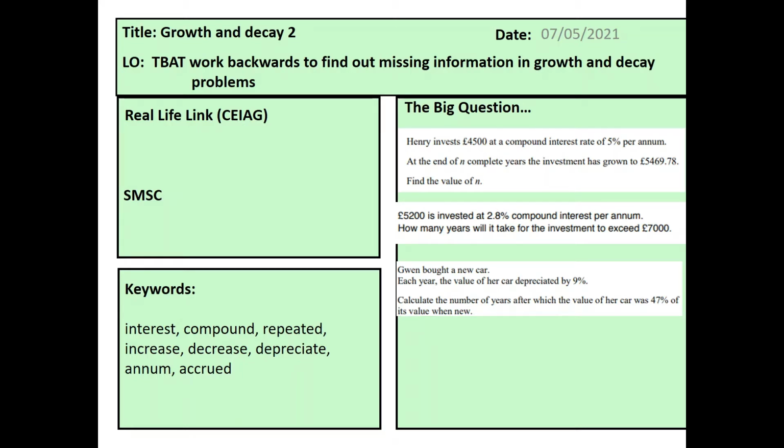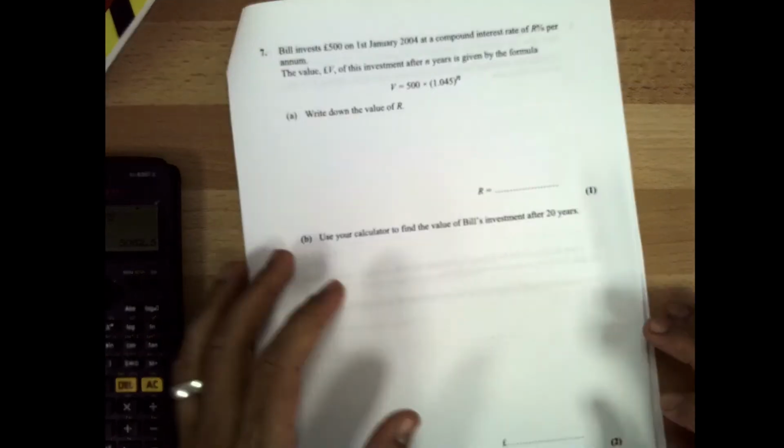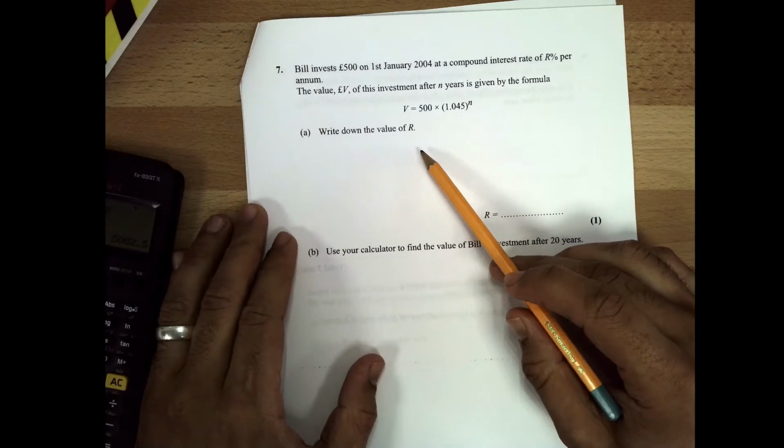Today we're going to be looking at how to work through problems backwards. Sometimes questions will give you a final answer, a final result, and your task will be to work out what the rate was or how many years it's taken, for example. So here is an example, as I was describing, of one where you need to work out the value of